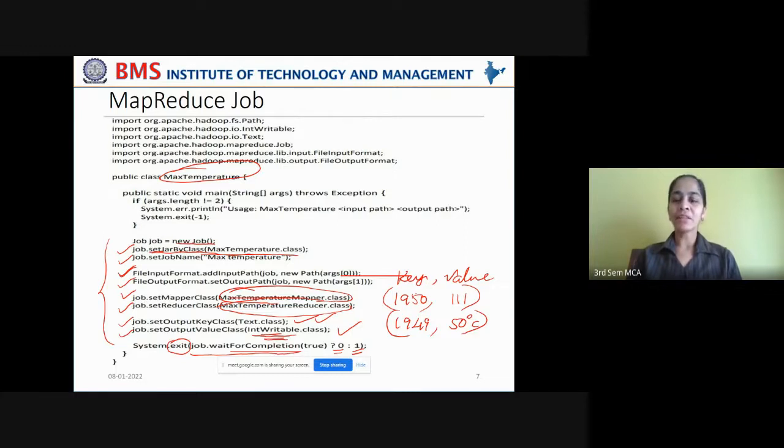Did you understand this? Students, did you understand how to write a mapper class, reducer class, and how to pack it into a job? If you have any doubts, you can ask me to repeat it once again. Maybe other students also have the doubt, but may not be able to express that. So if you tell me to repeat, I'll repeat this.